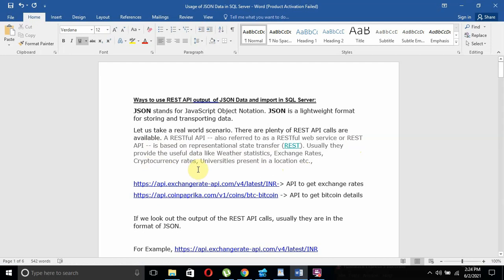So by using those services, we can use them in our software projects and get the appropriate data according to our requirement. For example, if you are developing a weather statistics related project in any domain, you can use this weather statistics REST API and get the data.